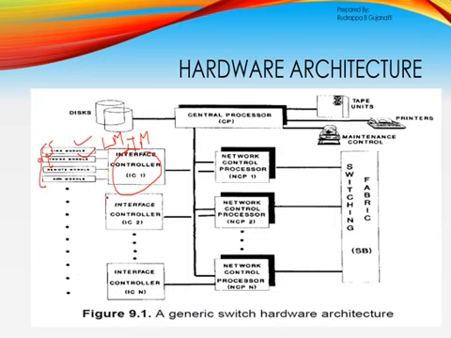Now what does LM look for? LM basically looks for call processing tasks such as scanning the customer's line. Then it tries to gather the digits which are dialed by the customer. So digit collection is another aspect which it looks after, and then it looks after call supervision once the call has been established. Now the trunk module interfaces different kinds of trunks to the digital switching system.